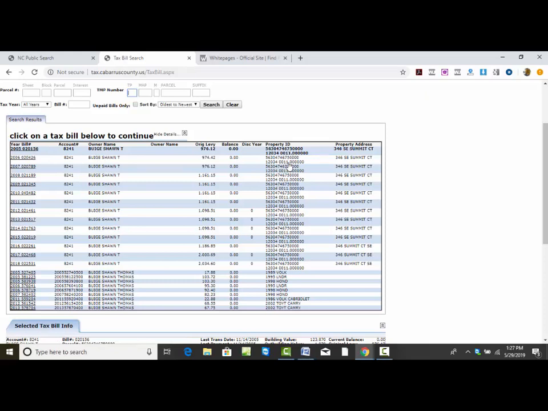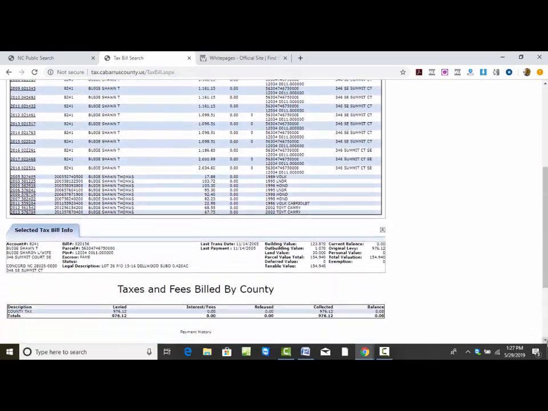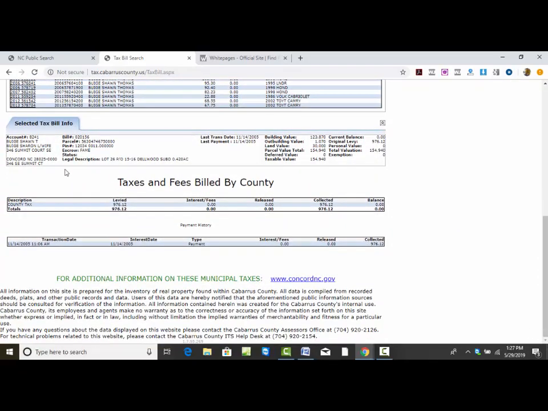So what's interesting is you've got the property ID information, you've got the physical address. I can even pull that bill, and I can get a little more information here. If I pull that specific bill, in this case, again, you've got the parcel number and the PIN number, which is odd that it's two different things here. Normally that's the same parcel, and the PIN is usually the parcel ID number. However, in Cabarrus County, North Carolina, in this example, they are different. You have a tax value of the property, and you also have, I'm going to show you here shortly,